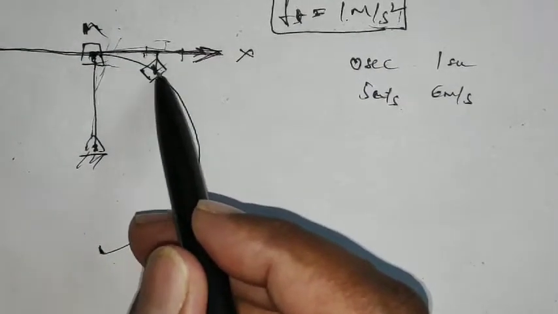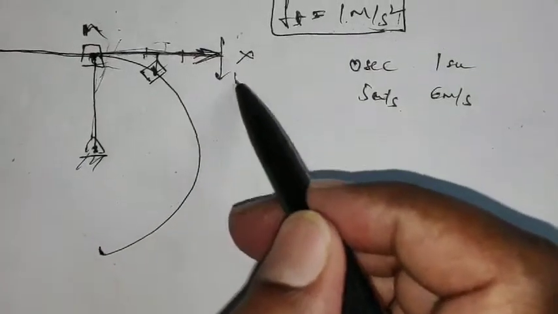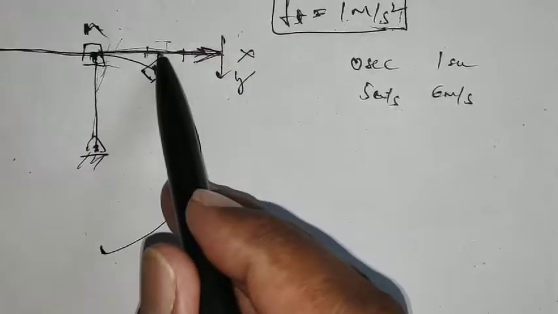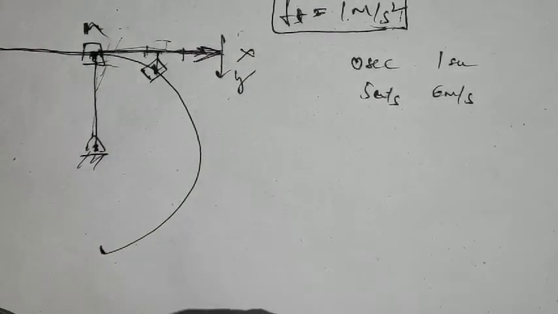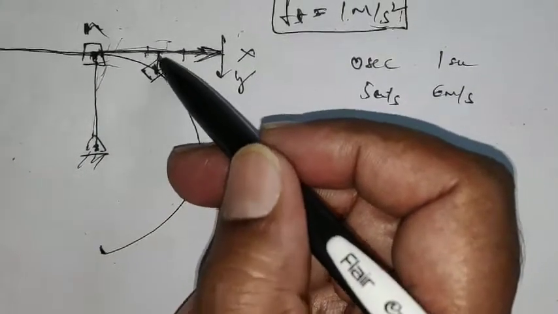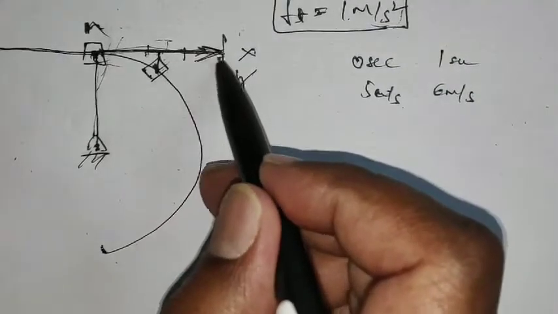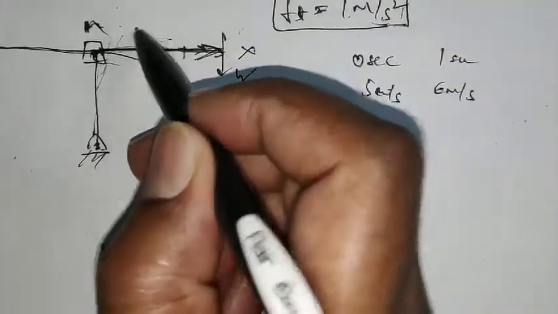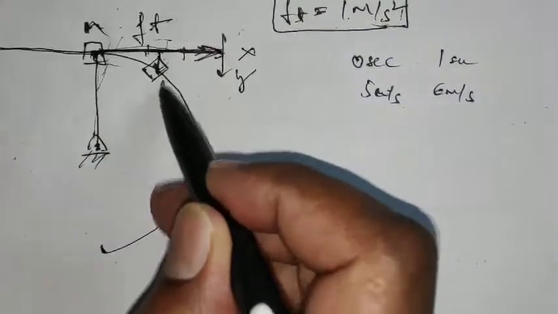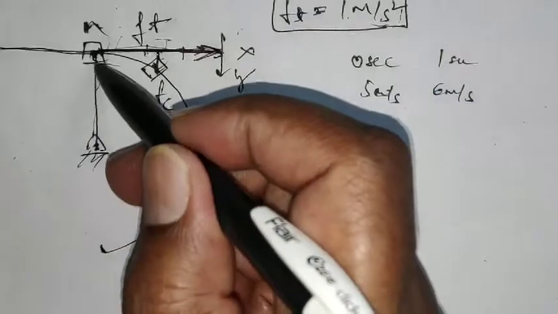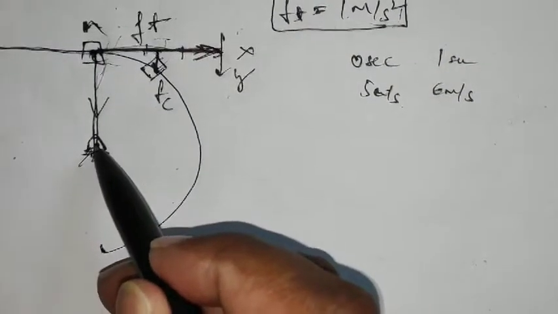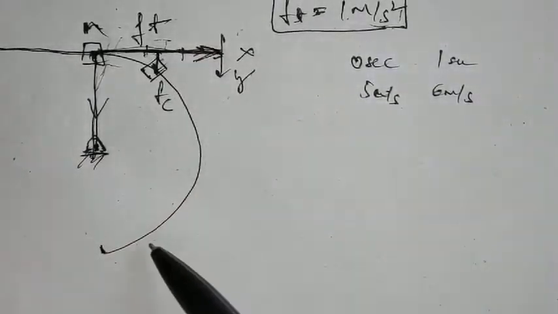Now it has actually moved some distance in the y direction. I can say this is the y direction. Therefore it had no velocity in the y direction earlier, but it has now gained velocity in the y direction, which means that it has accelerated. The acceleration which is perpendicular to the tangential acceleration is called the centripetal acceleration, because it is towards the center about which the body wants to rotate.